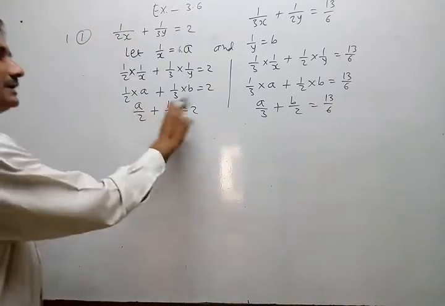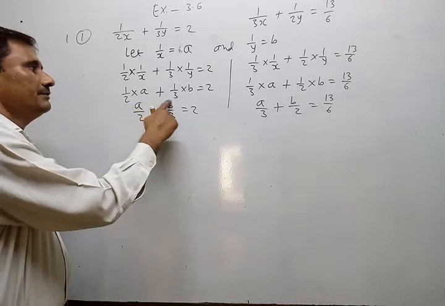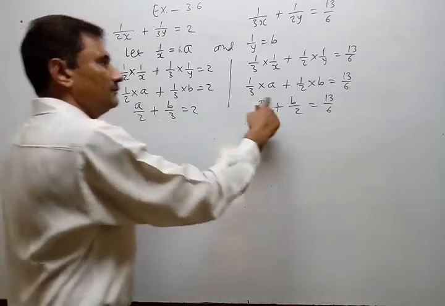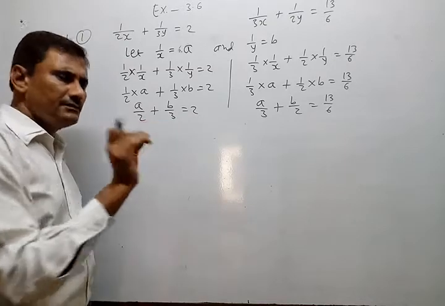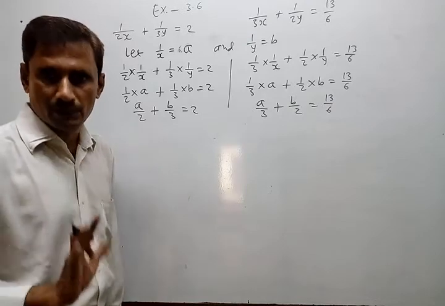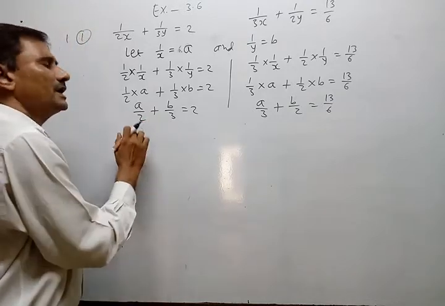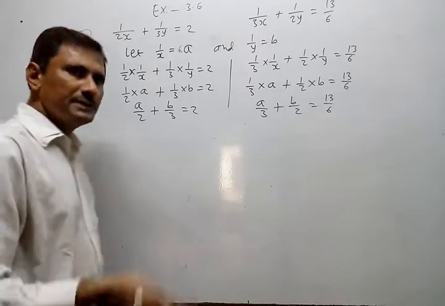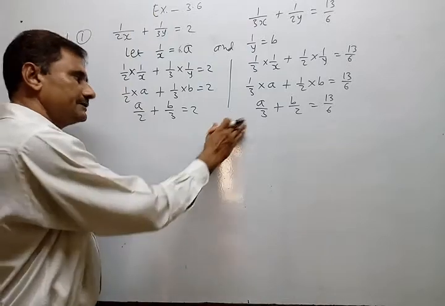Okay, this is a linear equation. Don't look at the coefficient. Degree must be 1. So degree 1, 1, 1, 1. Whether the coefficient is a fraction, decimal or integer, that is not the main point. Degree must be 1. So now I simplify by taking the LCM so that our coefficients also become integers, so that our equation becomes very simple.